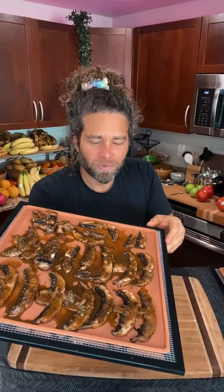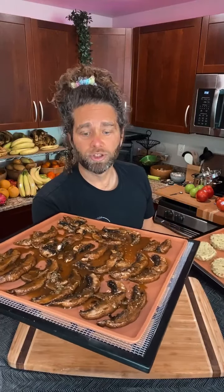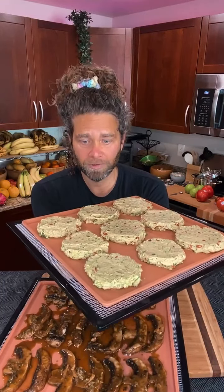I'm just moving this around, getting that sauce to move around. But what we're going to do is throw both of these in the dehydrator, and these will dehydrate until 2 o'clock when we're ready to wrap the wraps. Let's see, it's 8, 9, 10, 11, 12, 1. So in about 3 hours, we'll take them off of the silicone and flip them,